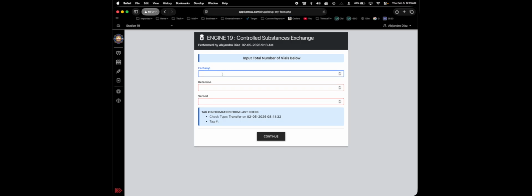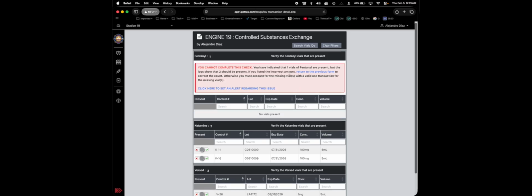We have to go ahead and document that the box is not at what the last check was. So we're going to go ahead and put 1 fentanyl. The ketamine's correct, and the Versed is correct. Just that 1 fentanyl went down by 1. So now the system says, hey, did you miscount the vials? You can always return by clicking return to the previous form, or now we're going to go ahead and create